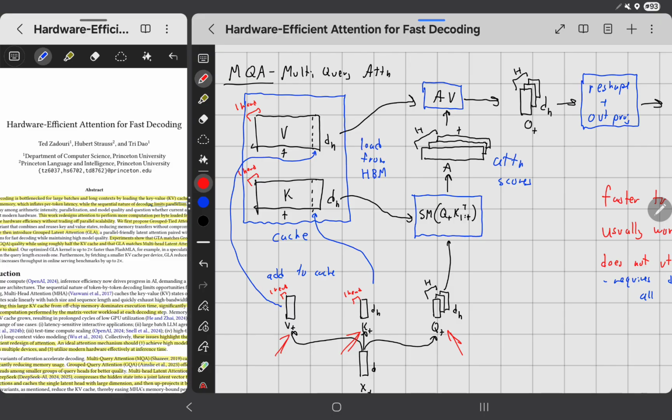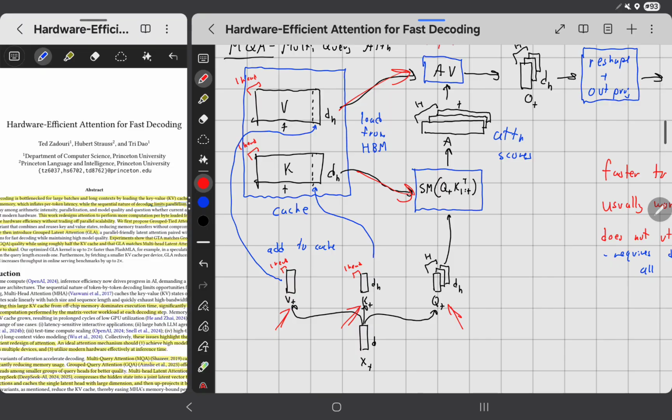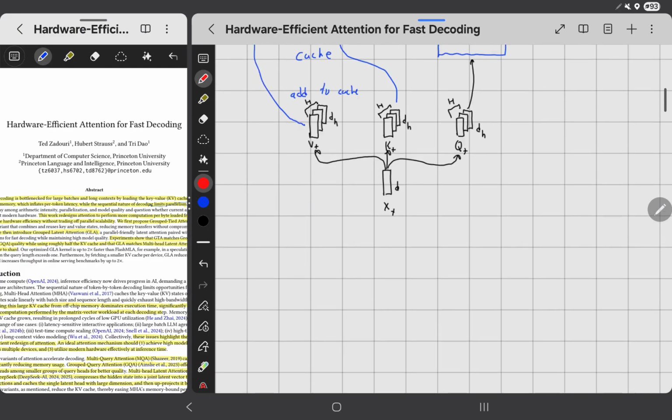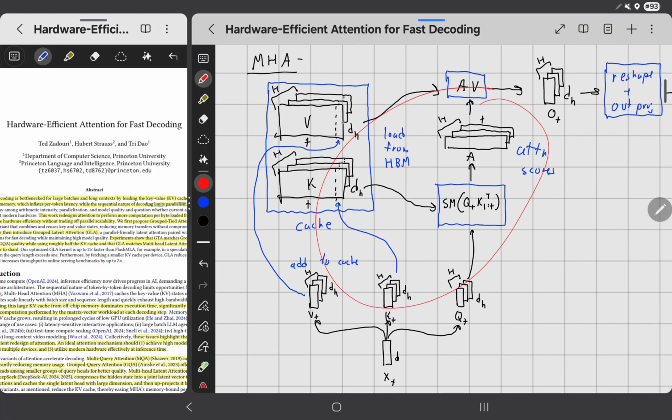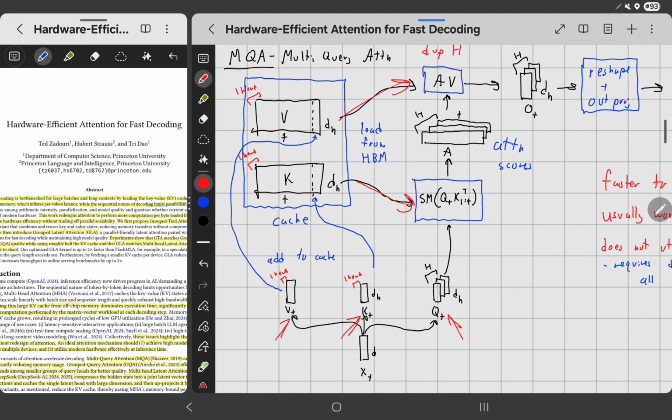Then what you do is you load your keys and values from memory, and basically you duplicate them h times. Or you do the computation in a smart way where you're not actually duplicating it h times, but essentially it's duplicating it h times and then doing the computation, where every key and value goes to every head here. So in multi-head attention, the first key and value went with the first query, and the second key and value went with the second query. Now in this case, the first key and value go to the first query, the first key and value go to the second query, and so on. So it's one head goes to all heads here,